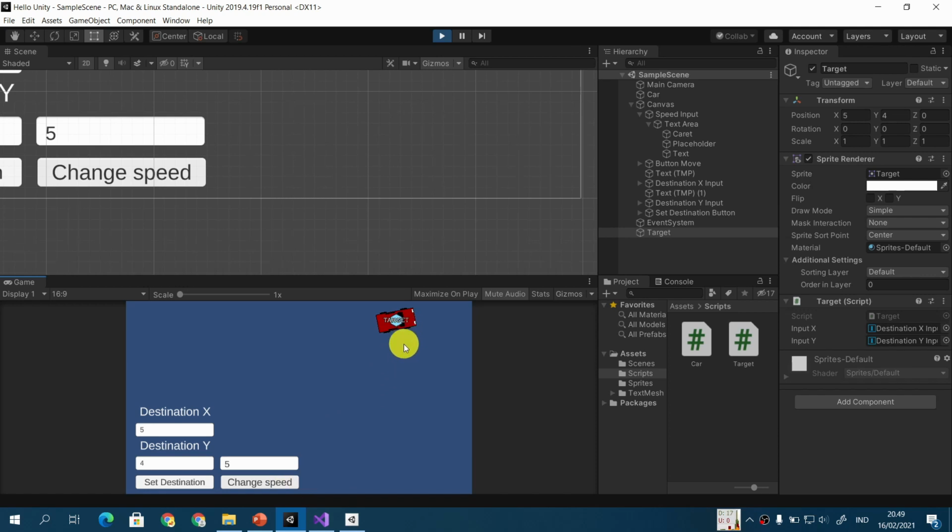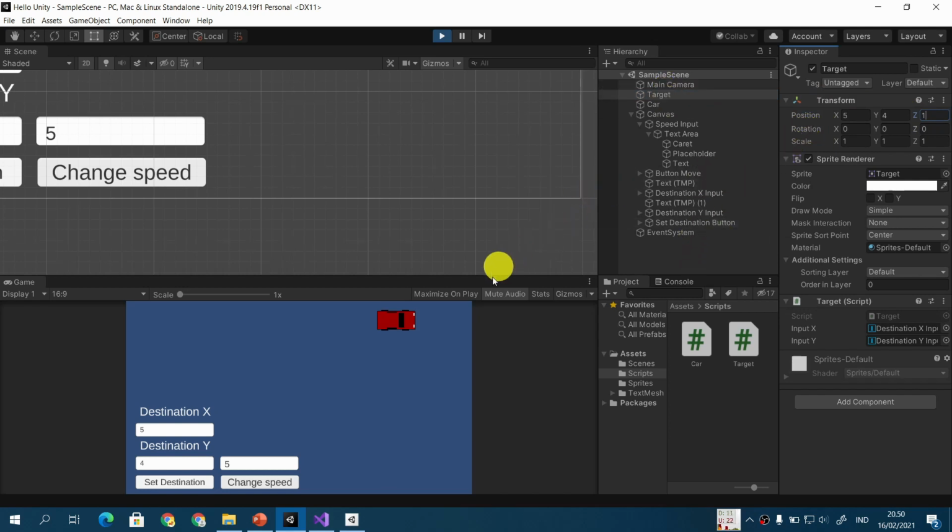Everything is fine now. Although if you take a look here, the target is over the car. That's fine. Or if you want, you can move your target to below your car, somewhere like this. Or actually, let's leave it as it is, because if we move our z for the target into something bigger than 0,